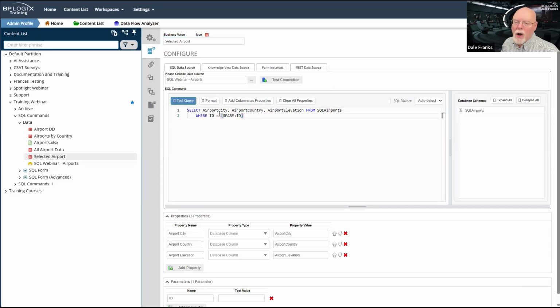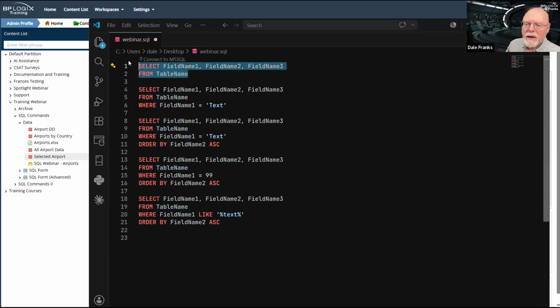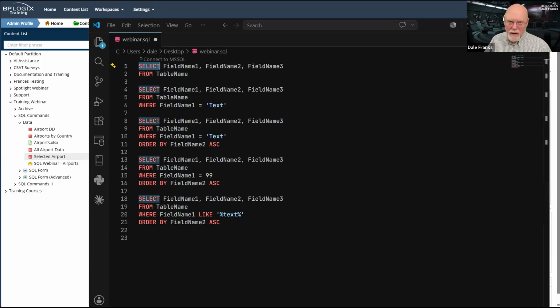So let's talk about how this stuff here, this is our SQL statement. Let's talk about how a SQL statement gets constructed. The basic SQL statement is basically telling SQL select, that is a command that we're giving SQL.